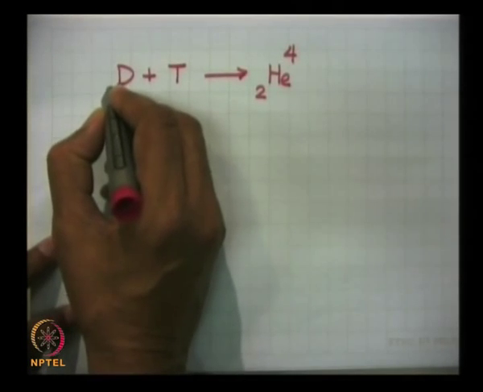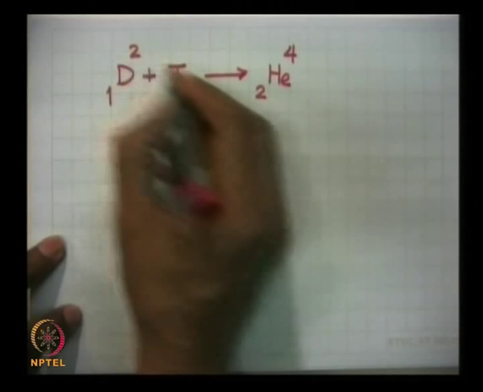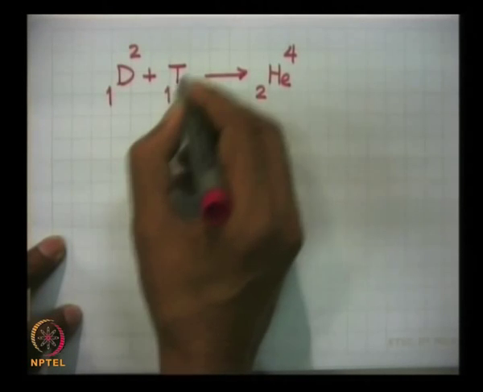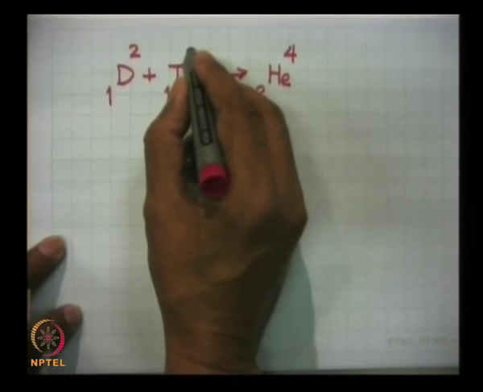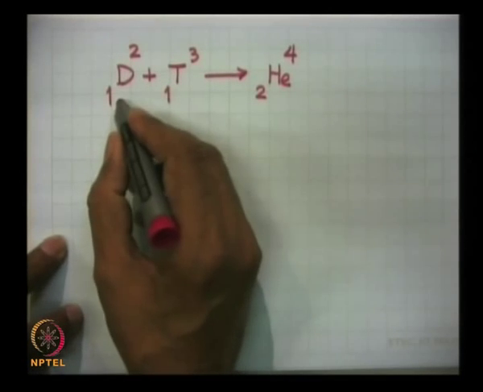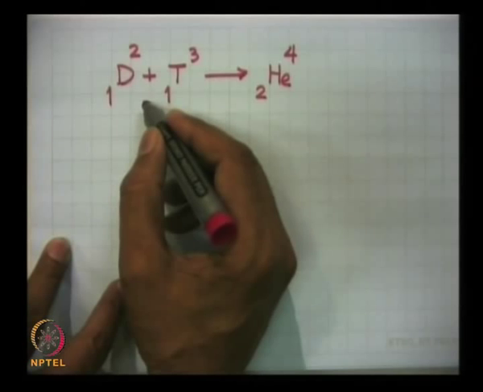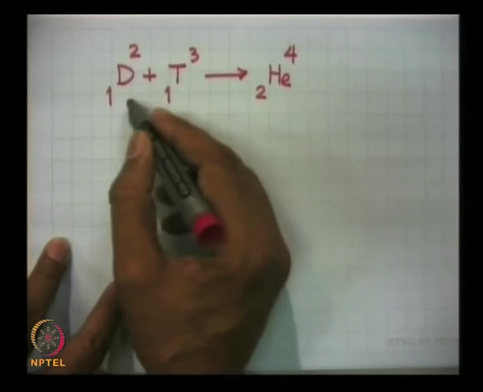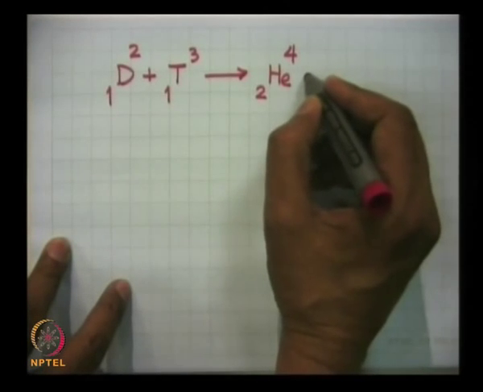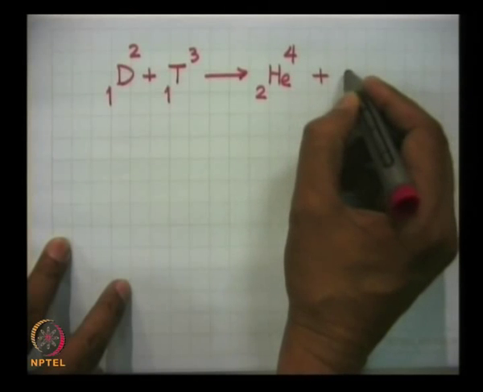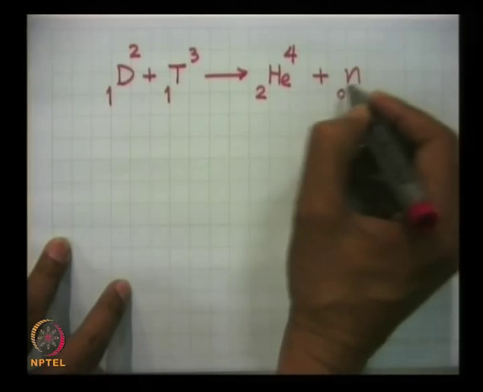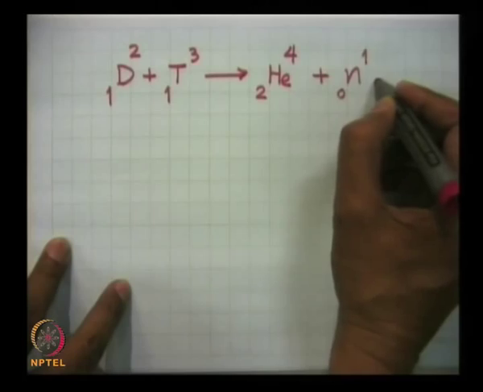Deuterium has atomic number 1, atomic weight 2. Tritium has 1 and mass number is 3. Deuterium and tritium are isotopes of hydrogen. If the nuclei can fuse with each other, then they can produce a helium nucleus plus a neutron which has 0 charge but mass number is unity, and in this process